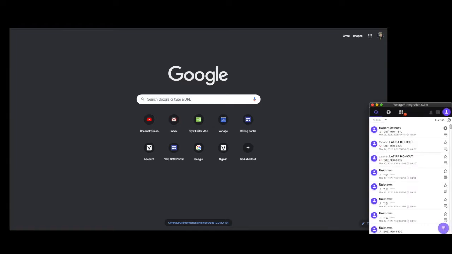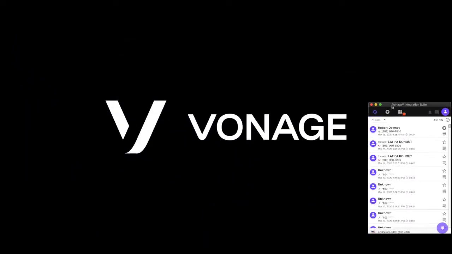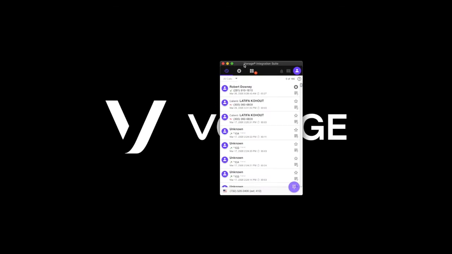Once clicked, you will see the pop-up window that shows you several items. The first tab shows you your call history. This will reflect all calls from the Vonage Business Communication System on your extension, but more importantly will show any matching contact information that is stored inside of Zendesk.